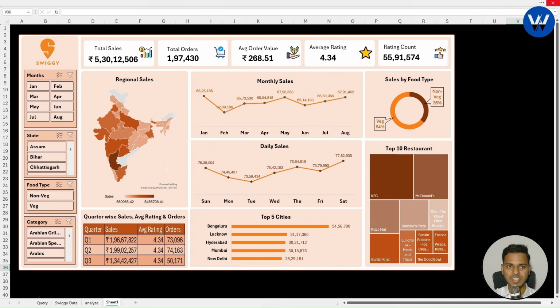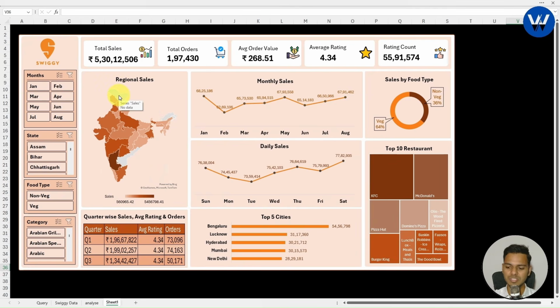So first I have created this map visual, which is regional wise sales. This regional sales map represents the sales in different parts of India. If you want, let me highlight it. This graph looks completely professional. If the sales are minimum, you can see the color is light orange. In the same way, if the sales are maximum, you can see the color is this one, right? So basically I used a gradient color. With the help of this map, we can easily say that the state of Karnataka has the highest sales and the light colored states have the least.